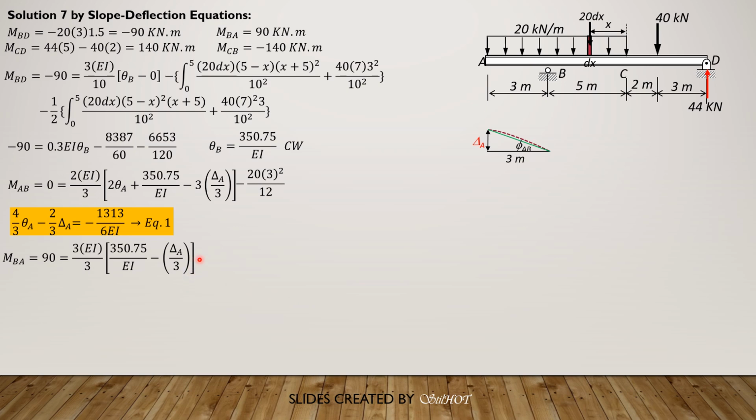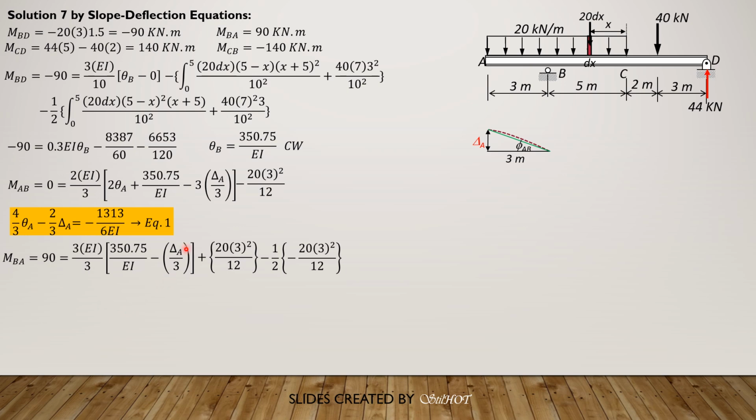Then the fixed end moment at B is positive, so 20 times 3 square over 12, then minus 1/2 of the fixed end moment at A, which is the same, minus 1/2 of negative 20 times 3 square over 12. So simplifying,